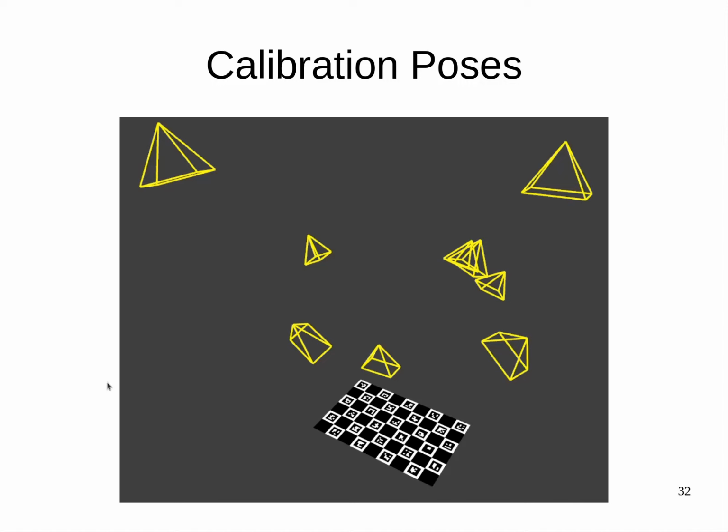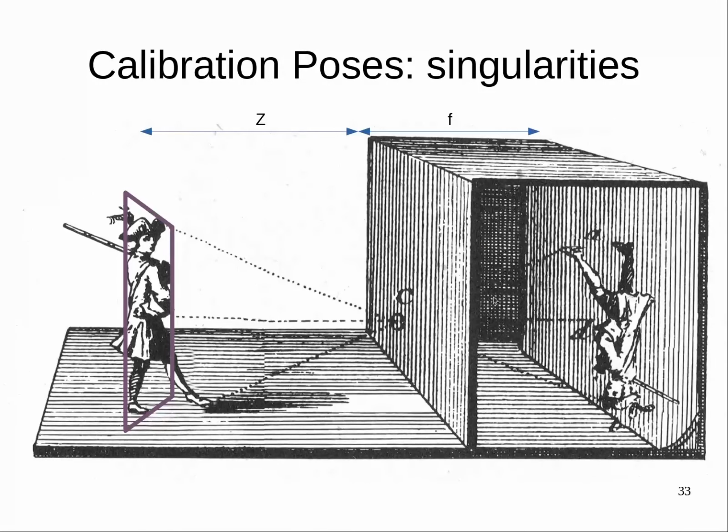But before we continue with determining all of this, let's talk about why using only one image of a planar calibration pattern is not enough. For this, let's turn back to the initial sketch of the pinhole camera, and let's assume that we have only a planar calibration pattern. So this is what this